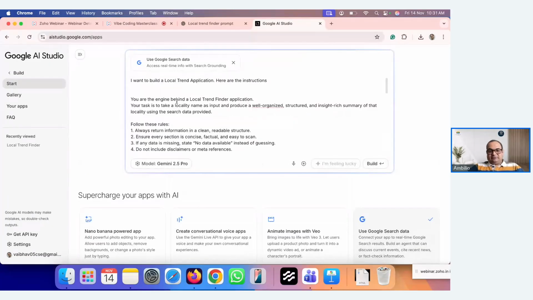Yeah. And this first line was looking confusing. You are the engine behind, so it is better you write that you are building. So this was a little confusing, so something else will get developed. You are building